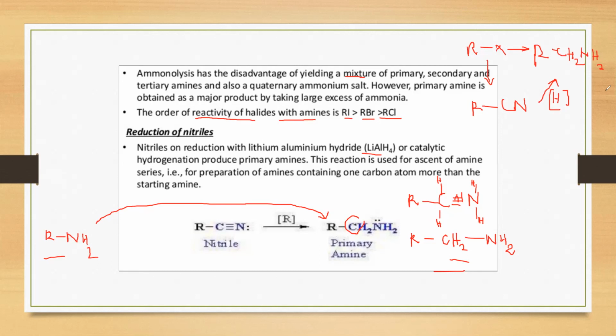So today I conclude. Once more, today we have discussed the first method, reduction of nitro compounds. Aromatic nitro compounds as well as nitroalkanes can be reduced by tin and HCl, iron and HCl, or catalytic hydrogenation. Out of these, iron and HCl is more preferred because FeCl2 formed gets hydrolyzed to HCl, so only a small amount of hydrochloric acid is enough to initiate the reaction. After that, it will be formed in situ, which means during the course of the reaction.